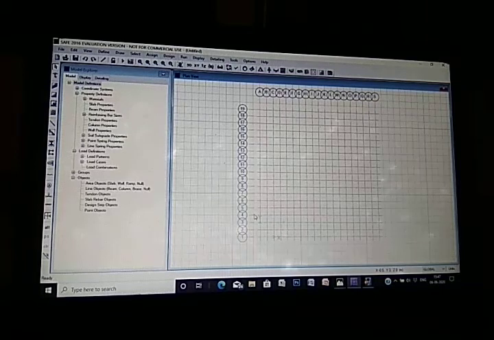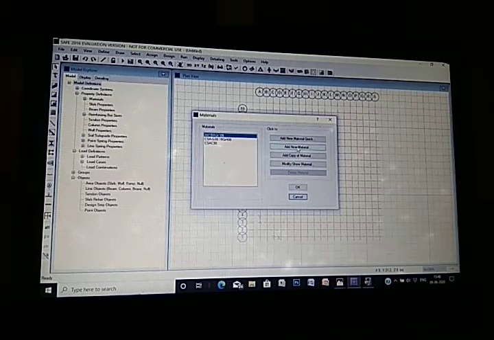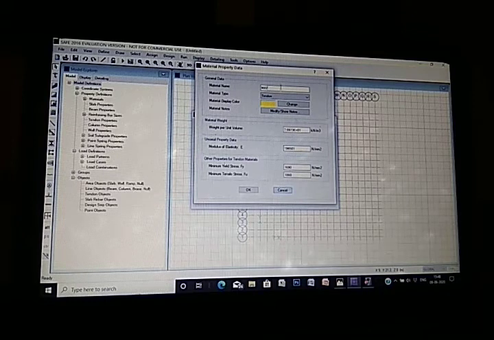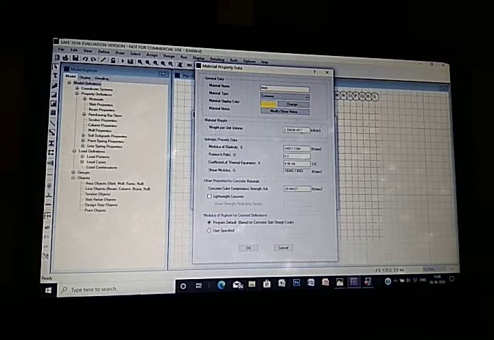So now we will define the material. To define the material, define material, add new material. So here we will first take M40. Material type concrete. So for the M40 weight per unit volume is 25, as you know, and the elastic value is